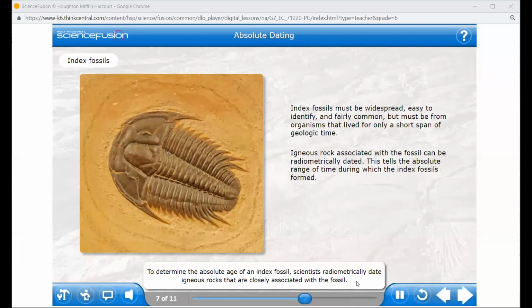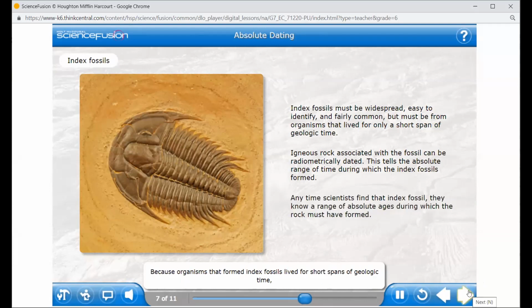To determine the absolute age of an index fossil, scientists radiometrically date igneous rocks that are close. Again, I'm saying, you guys, igneous rocks can be dated by radiometric methods. You cannot use radioisotopes for sedimentary rock. You have to go with the index method. That's a different method. But igneous rocks will go with radiometric dating, closely associated with the fossil. This gives scientists an idea of the range of dates between which the index fossil formed. Because organisms that formed index